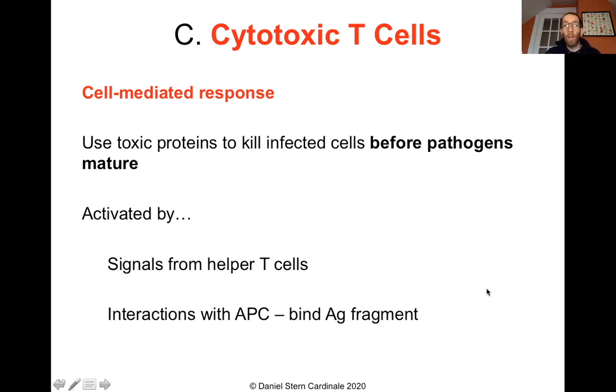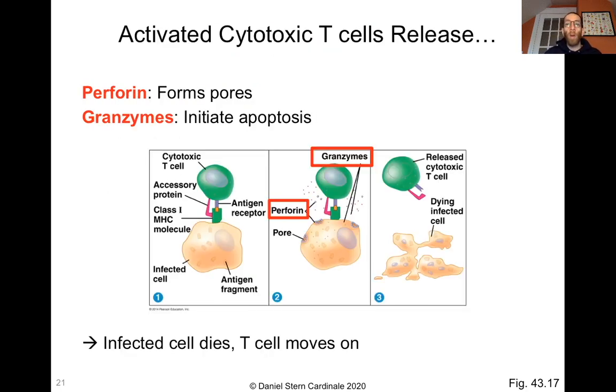So a cytotoxic T cell is only going to be activated if it's simultaneously detecting an antigen fragment from an APC and also detecting cytokines from a helper T cell. So you need both of those things to activate your cytotoxic T cells to trigger the cell-mediated adaptive immune response. Once those cytotoxic T cells are active, they can go around and detect cells that are infected with a particular